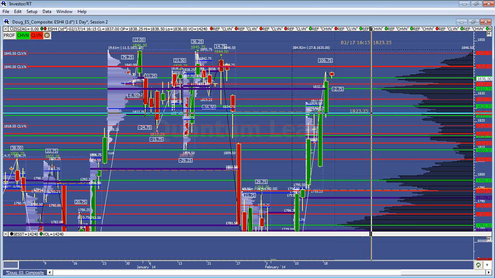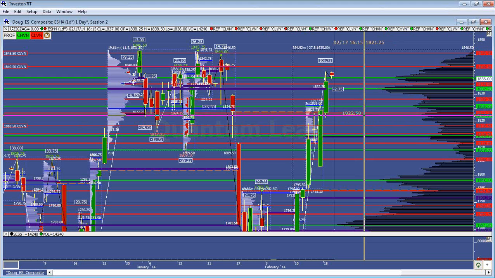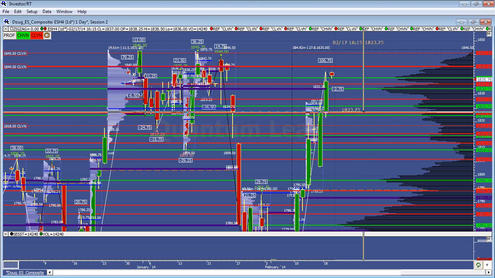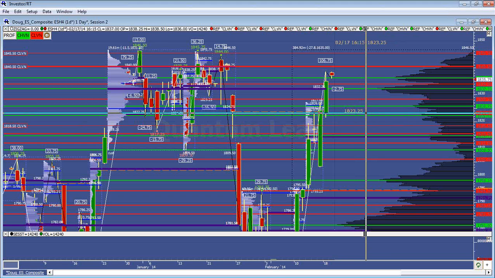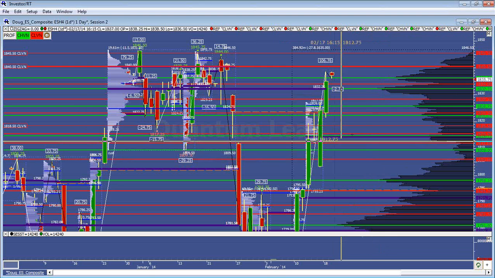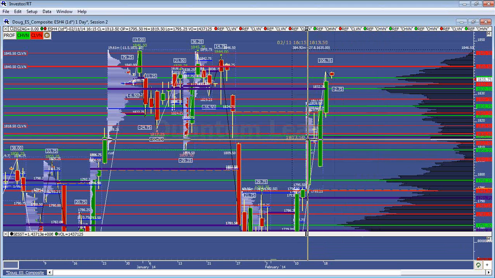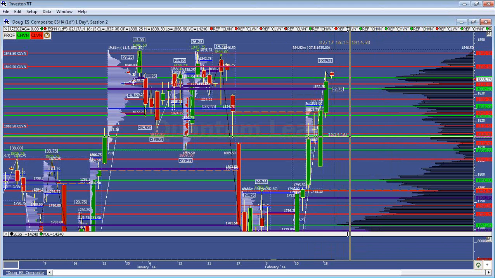But even drilling that down, I could see some push through to this 1823.25, which is a microcomposite LVN. And then if we get below that area, it's still within the trend to come all the way down. You can see that we found value in these 3 days right here. They accepted value in around this 1814.50,